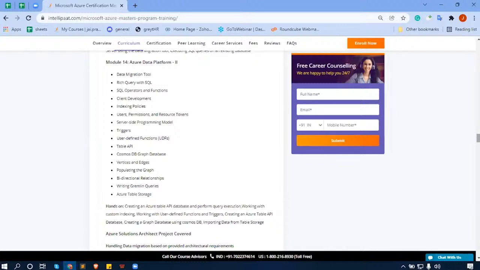And also after you take the session, within 2 hours of a session, you'll receive the recordings in your learning portal, which you can access for the lifetime. And not only that, Intellipaat is the only institute in the entire India which gives you the lifetime access for the live session. If I talk about the lifetime access for the live session, that means that if at all you're missing any batches or if you want to repeat any batches, you can keep on taking